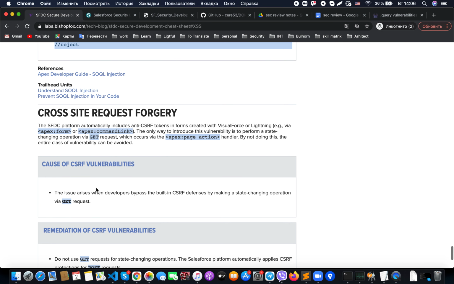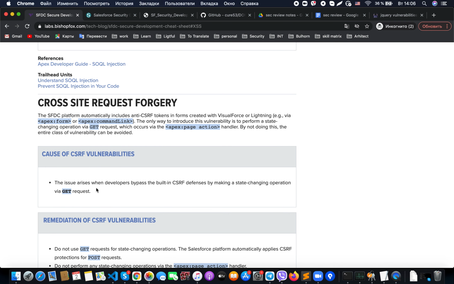The next item that we would like to cover is cross-site request forgery. Our platform, Salesforce, automatically includes a cross-site request forgery token in forms when we create them with Visualforce or Lightning, for example when we use an apex:form or apex:commandLink. The only way to introduce this vulnerability is to perform a state changing operation when we are performing a GET request,